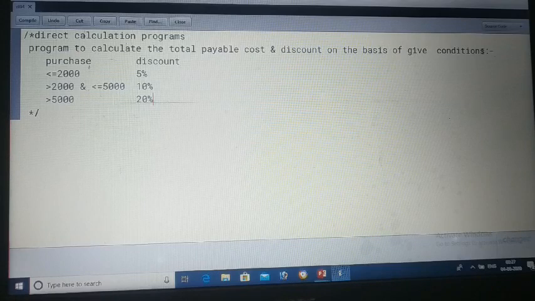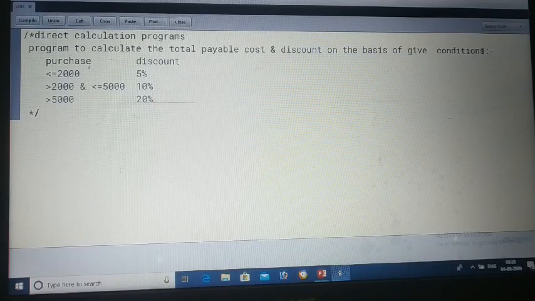Whatever payable amount will be there, I tell you with a very simple logic of 100 rupees. Suppose I purchased something for 100 rupees and while purchasing there was a discount of 5 rupees over the 100 rupees. So I will pay the shopkeeper not 100 rupees but 100 minus 5% of 100. So 5% of 100 will be 5 rupees. So 100 minus 5 means total I will pay the shopkeeper 95. The same thing you have to perform in this program.